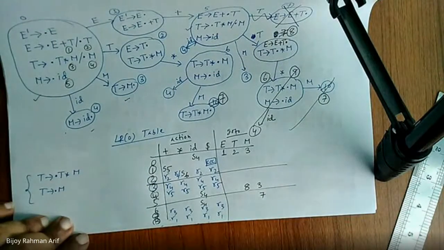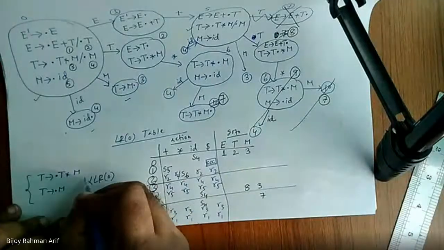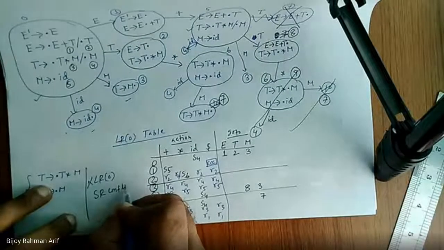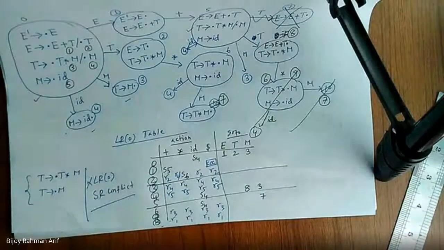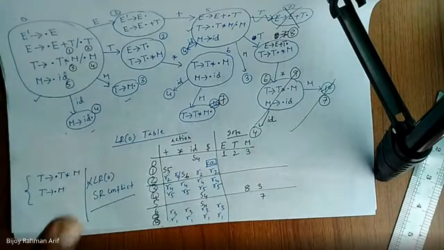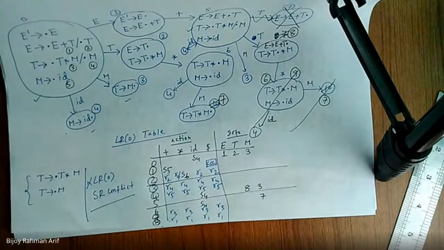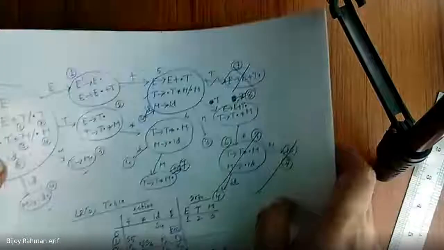So definitely this grammar is not LR0, because of the shift reduce conflict. Then we are going to see how we can actually get rid of this shift reduce conflict. So we should stop here today. You can take it as homework. Try to do it by yourself. I might make some tiny mistake there, so try to solve it by yourself. Then next class we will continue. If you have any question, you can ask me.